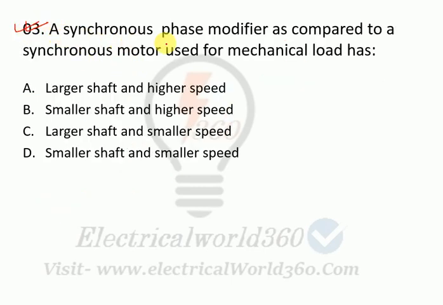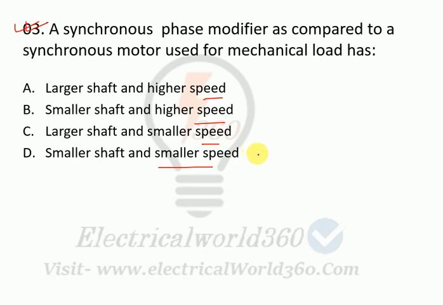A synchronous phase modifier as compared to a synchronous motor used for mechanical load has the larger shaft, higher speed, smaller shaft, higher speed, larger shaft, smaller shaft, and the smaller speed. So in this case, we should know